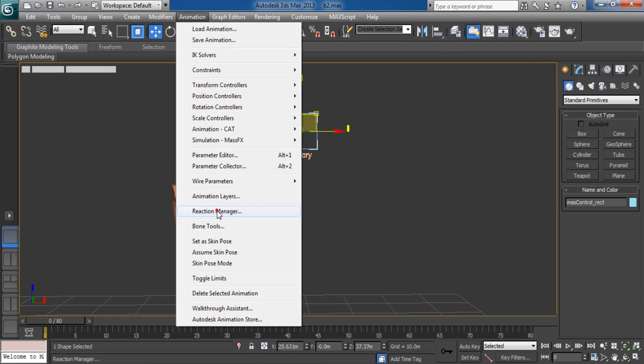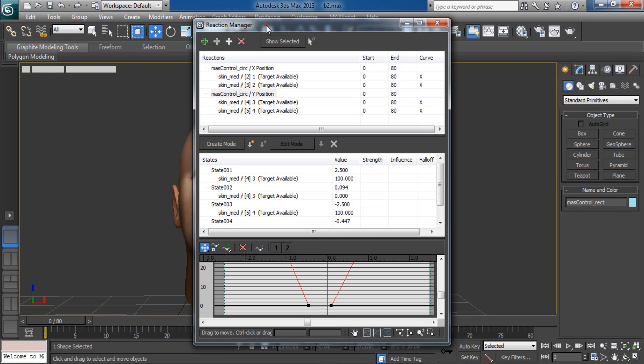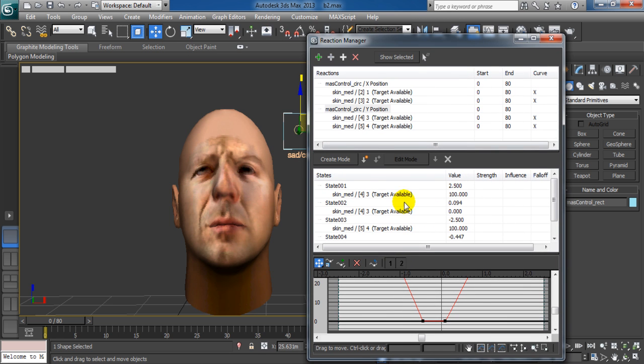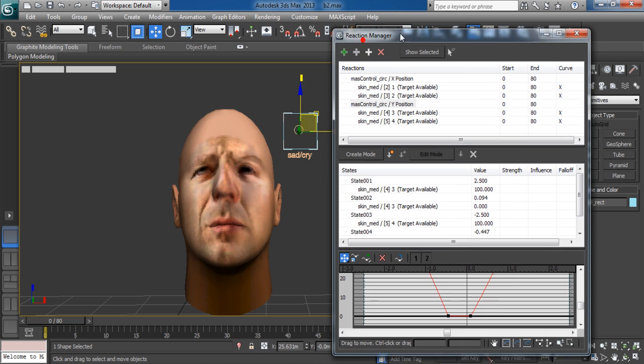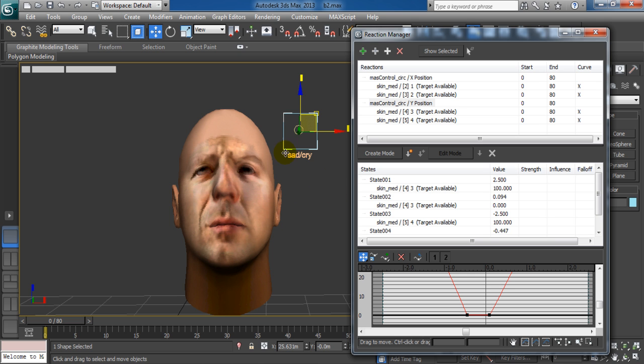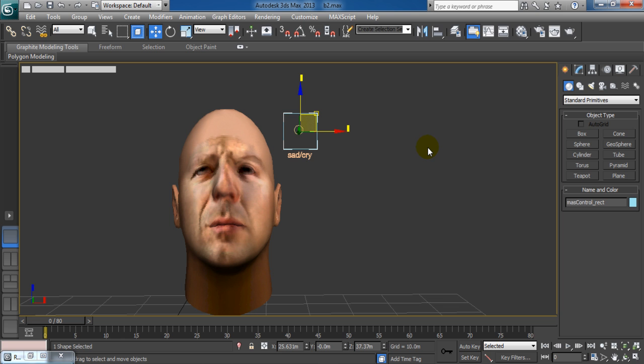If we open this reaction manager, we have some values that we have to deal with in this morphing. But before we start our morphing tutorial,